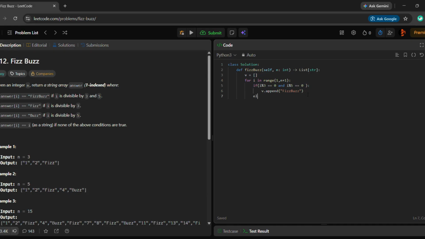and the condition, if i % 3 == 0, then v.append("Fizz"), and the condition if i % 5 == 0, then v.append("Buzz"),